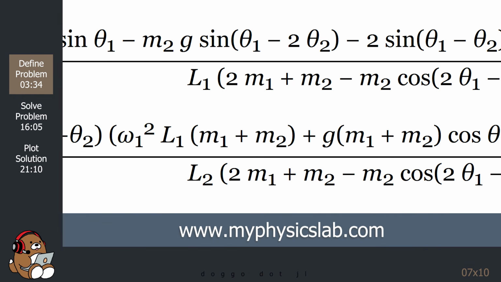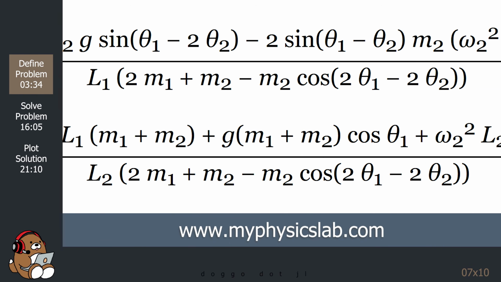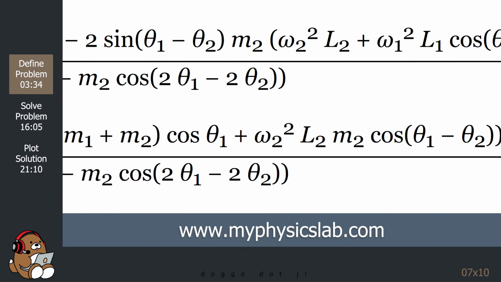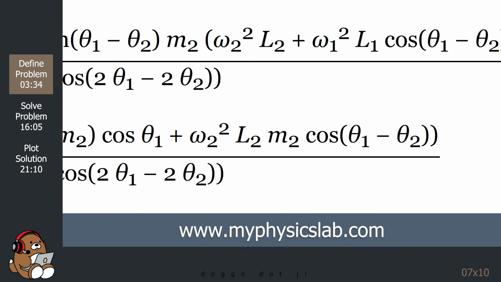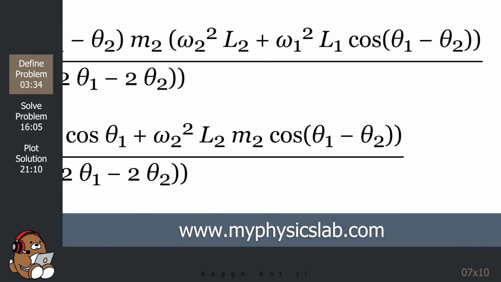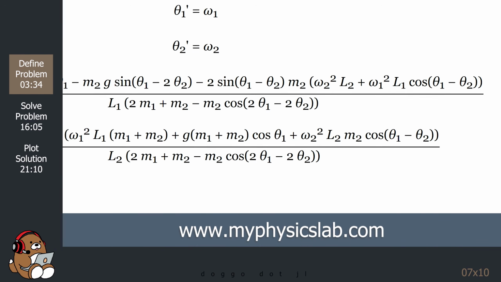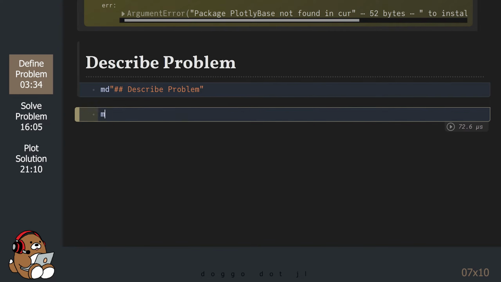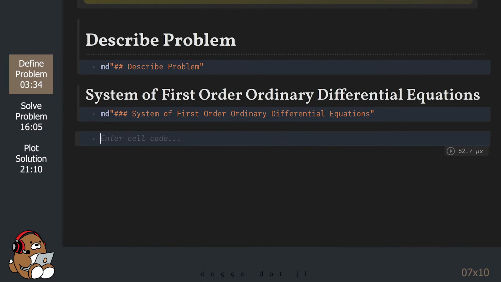The difficulty here is not in the math, but in the typing. There's a lot going on here, so it's very easy to make a typo, and it's very difficult to debug if you do make a typo. But stepping back from the equations, conceptually, it's just like the Lotka-Volterra equations or the Lorenz system. The double pendulum problem is a system of first-order ordinary differential equations with 4 differential equations to solve.